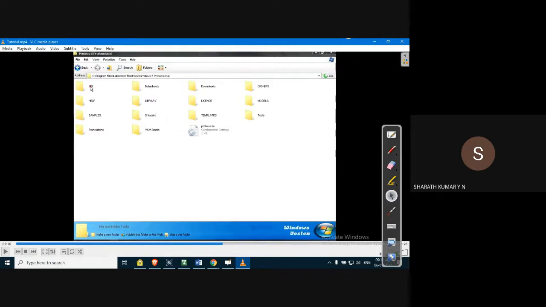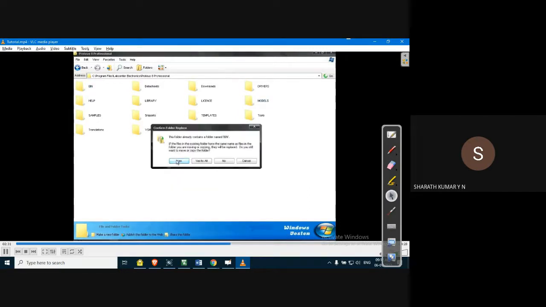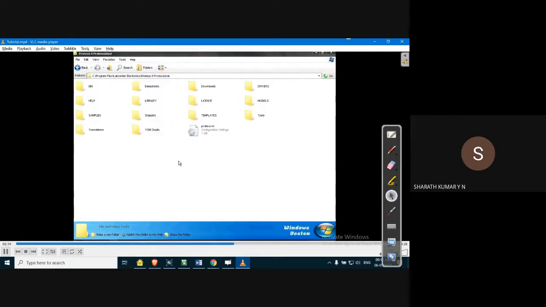If you download from the internet, you may get the latest version, but it is going to be a trial software or a student version, something like that. So in this folder, you already see those two folders, bin and models. You need to replace them. Okay. So make sure that those two folders are replaced. So this is the step performed after installing the software. So we have two steps.